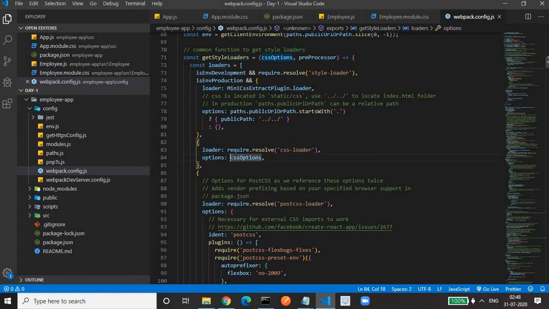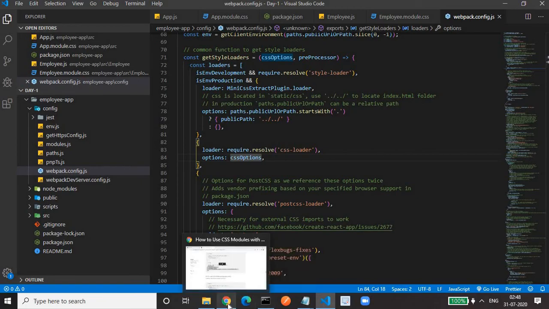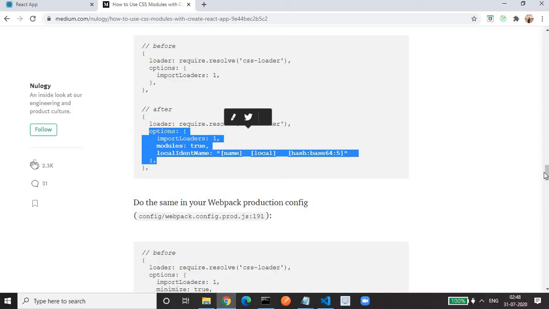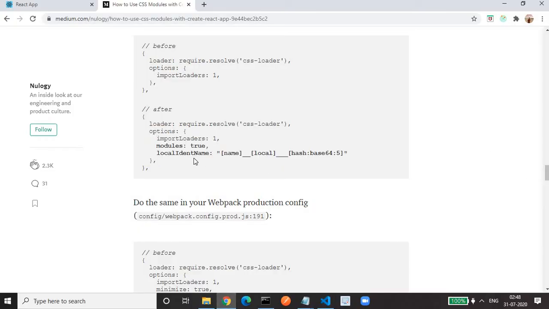For me it is not required because my React script version is more than 2.x, that is 3.x. If you have a version of less than 2.x, then you have to follow these steps. After inclusion, let me tell you the meaning of this true. Module true means it will unlock the CSS module feature in React.js.